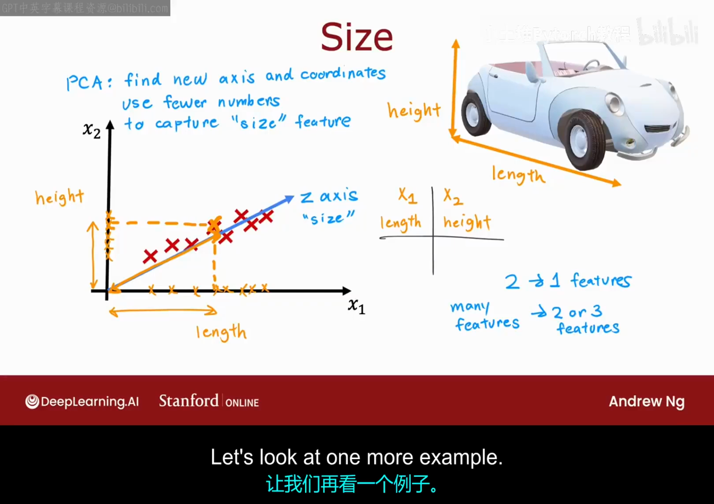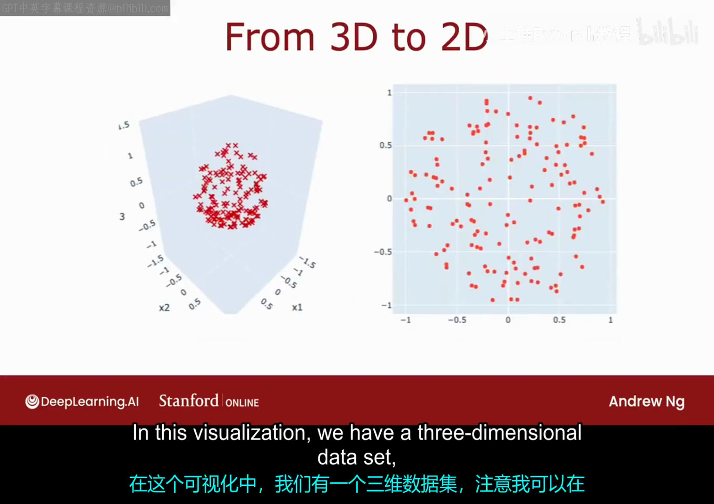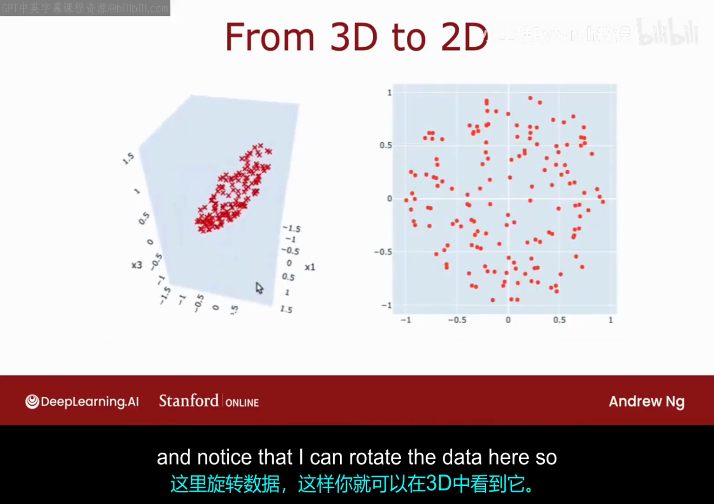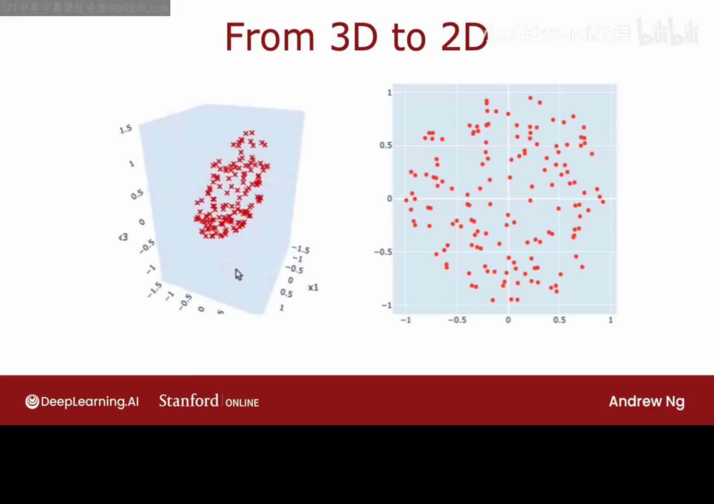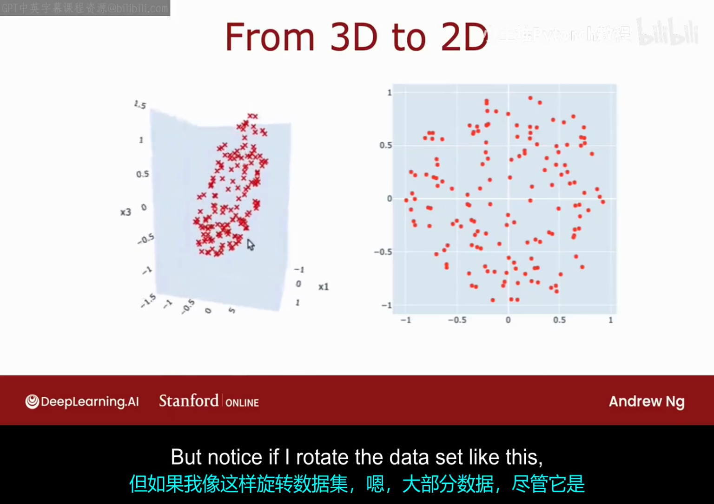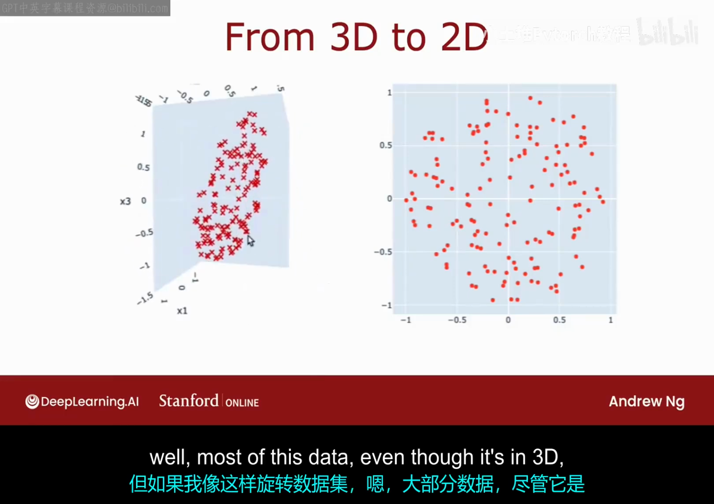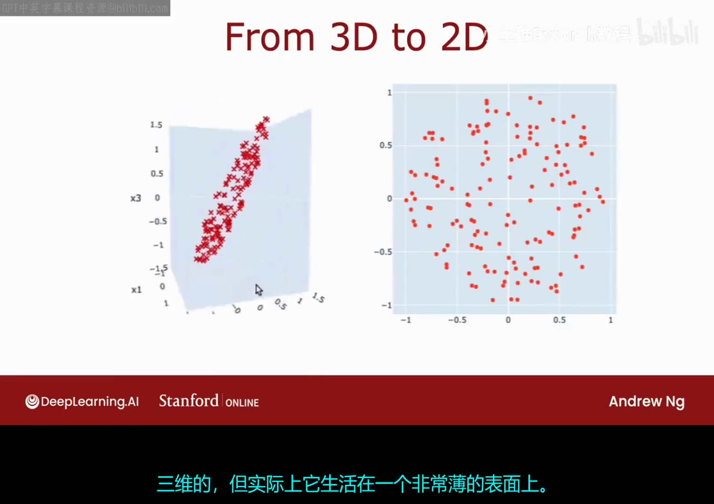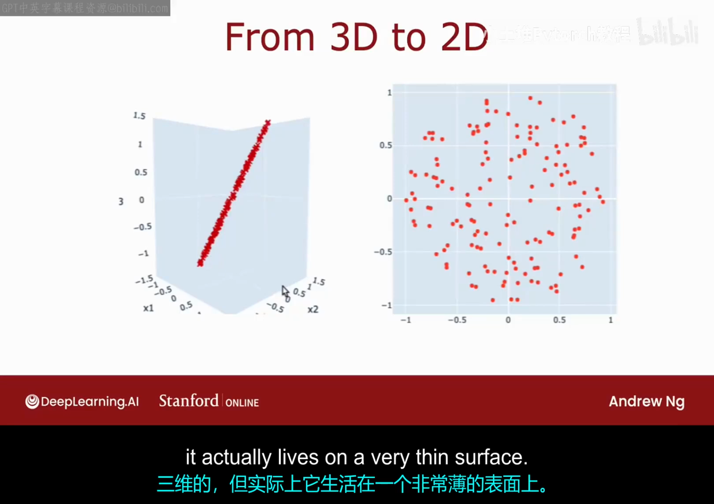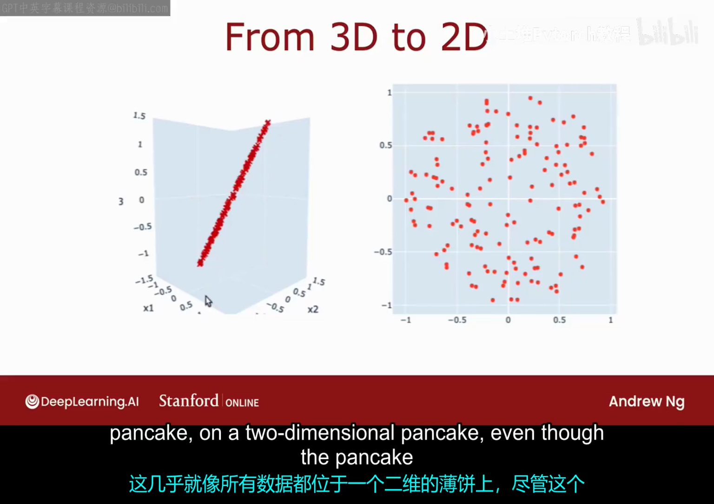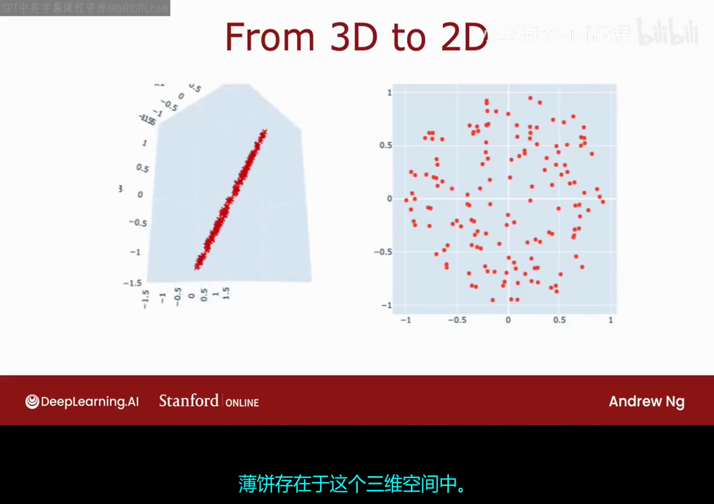Let's look at one more example. In this visualization, we have a 3-dimensional dataset. And notice that I can rotate the dataset here so you can see it in 3D. But notice if I rotate the dataset like this, most of this data, even though it's in 3D, actually lives on a very thin surface. It's almost as if all the data lies on a pancake, on a 2-dimensional pancake, even though the pancake lives